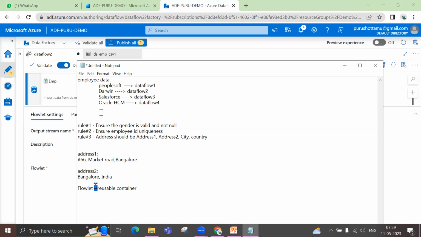Okay, so think about the situation and scenario, and we will discuss in our further class how that can be achieved using the flowlet. It's basically a designing concept. It's not a transformation or anything. It's a designing concept that Azure Data Factory provides, so that you can reuse the logic across your use cases